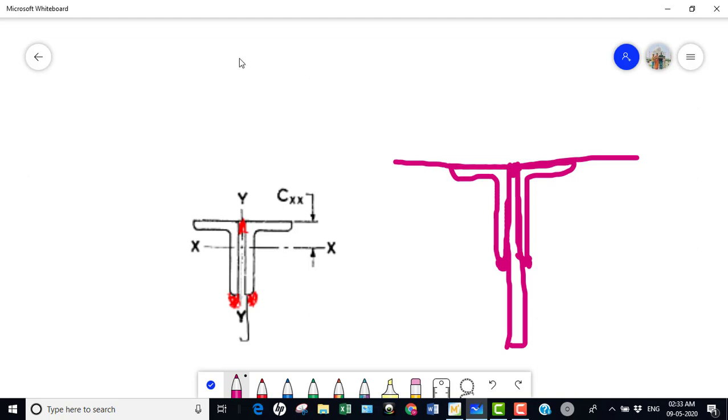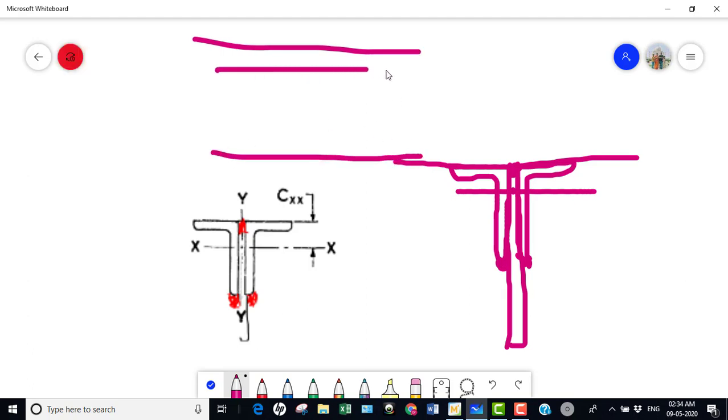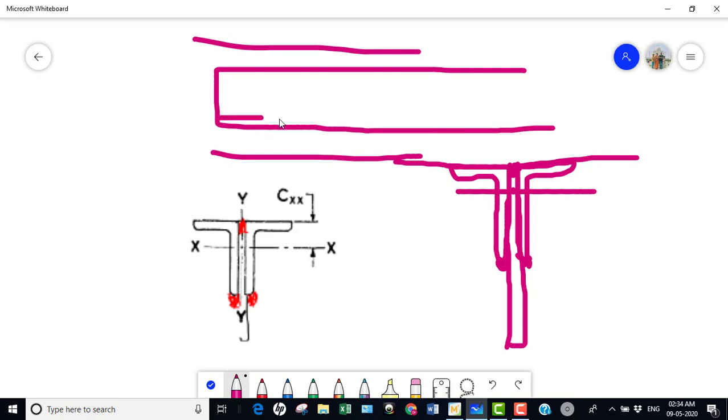Actually what you have to do is, see here, since the resultant force will pass through the CG of the angle, then your load is expected at this particular point. Therefore, your weld lines will not be equally distributed, or otherwise I'll explain it another way. This is my gusset plate, and this is my angle. One angle is in front of the gusset plate, another angle on the back of the gusset plate. So here this is my force line.